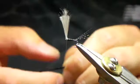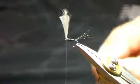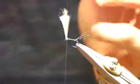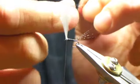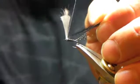So if you look at a hackle feather, there's a side that concaves upwards, so you want the fibres to face upwards. You want that hackle to sit like a cup, like a saucer, you know, just to help it float better. So all I do to make it easier for me, because I've never been a neat tyer, is I just take off some hackle on the side there, and I tie in the stem,